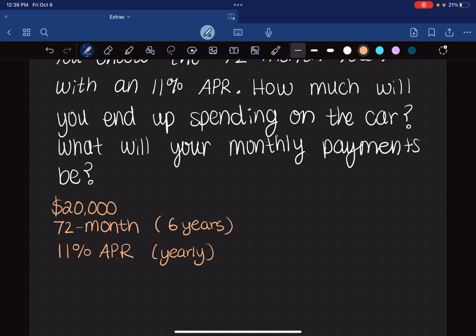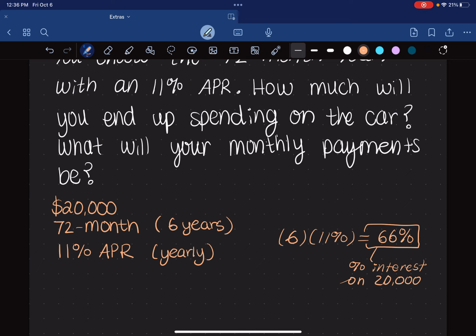So it's the same idea as the last one. So the last one we had part of a year. We had a fraction of a year, 2 months. Ended up being a sixth of a year. But now, instead of a part of a year, we have multiple years. We have 6 years. So we're going to take this 6 years and we're going to multiply by this 11% APR, which is going to give us 66%. This is going to be our interest that we pay, the percent interest, on the $20,000